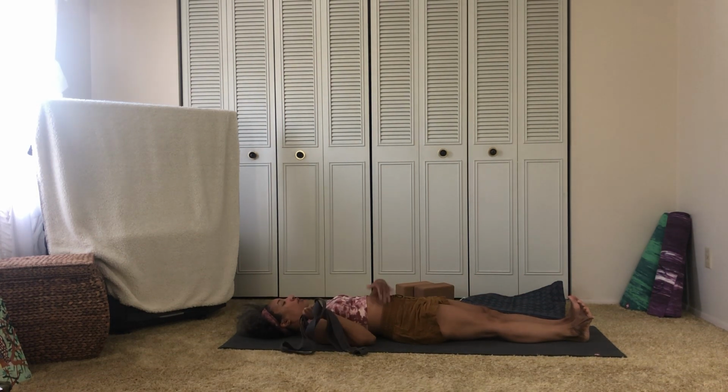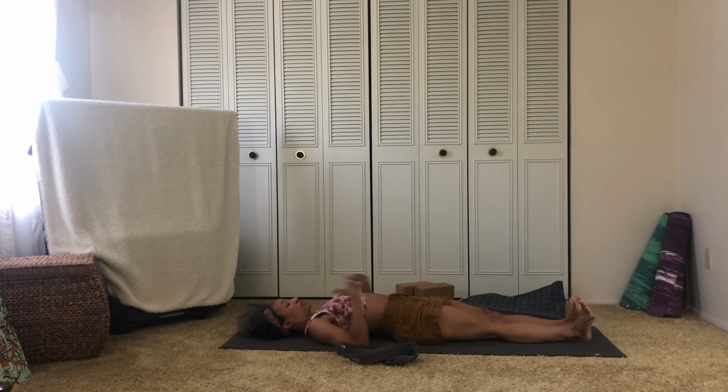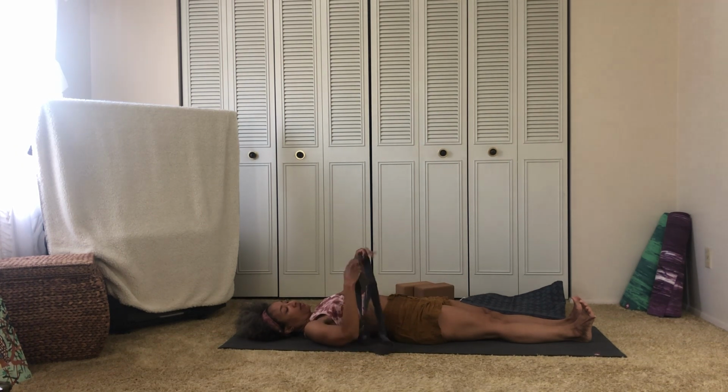Again, just a little bit of a core thing. Okay. So again, feeling hips, shoulders, back of the head, anchor. Low rib settling down, but not so much that you're flattening the back. And then with the strap,